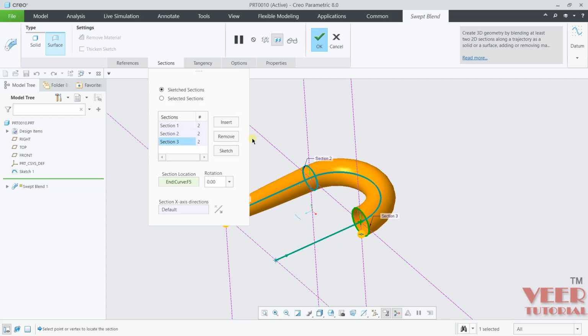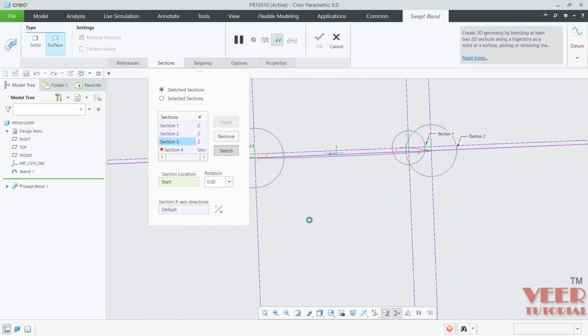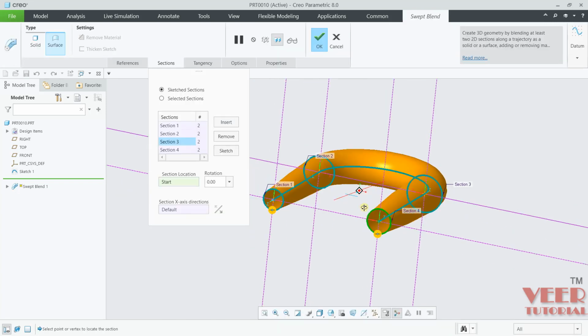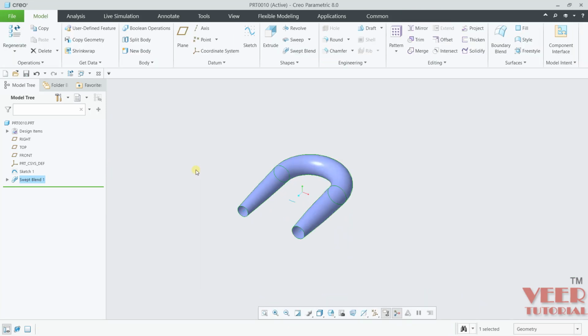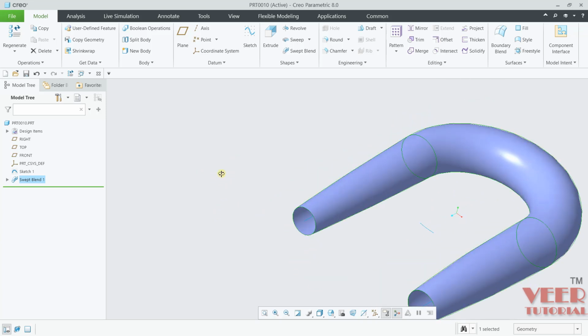And the last time, click on insert. You can see this point is highlighting. Click on sketch. Draw a circle like this. Click OK. Now I will click OK. You can see in this way it has created a variable swept blend. So in the swept blend we can select multiple profiles.